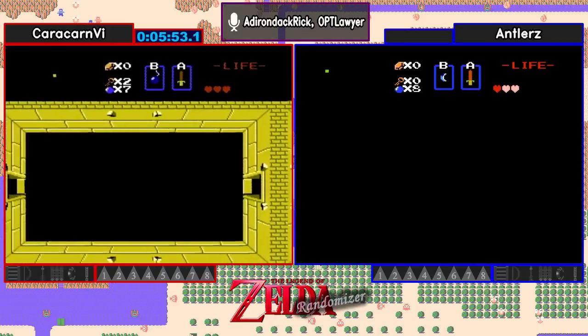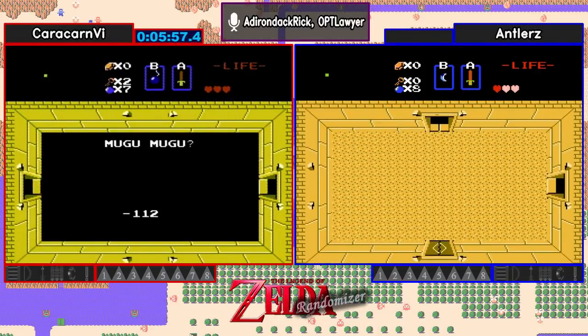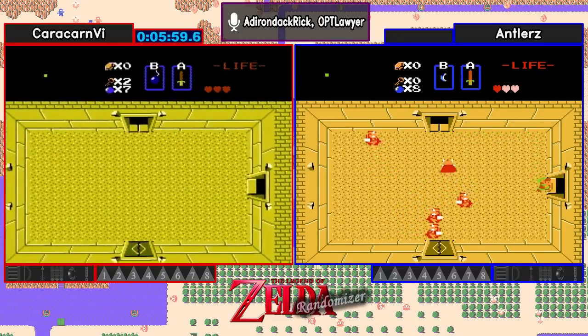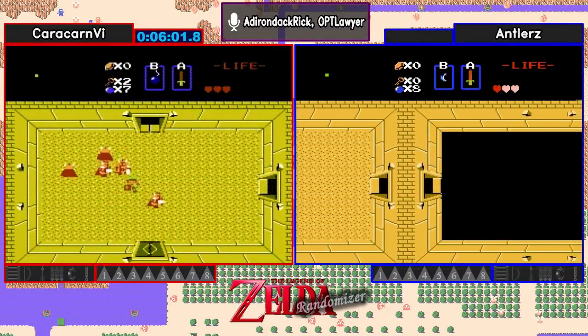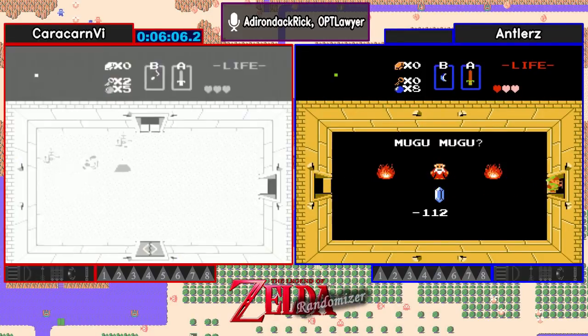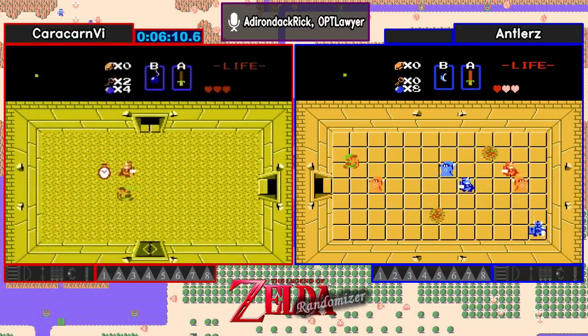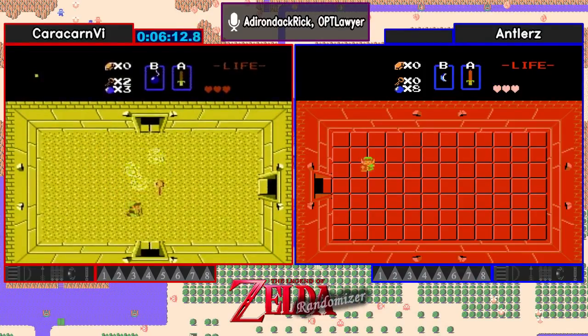Oh, God, no. Yuck, come on! Oh, Wizrobes and dark nuts in the same dungeon. Come on! They're in perfect harmony together. Indeed. Well, Caracarn is going to try to take out as many of these orange dark nuts as he can. He got 2 of them once and a clock, so...